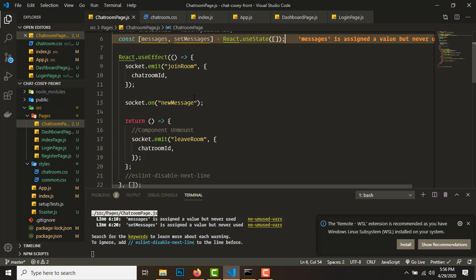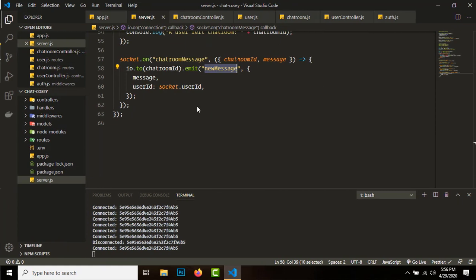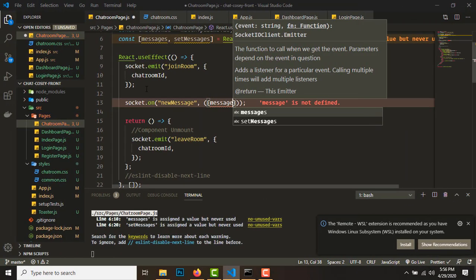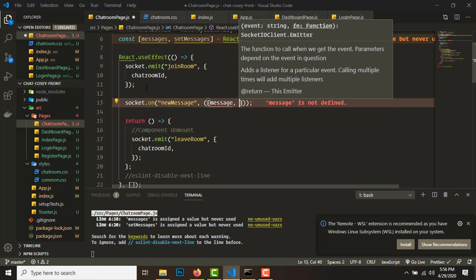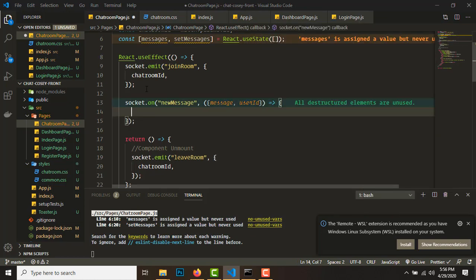So that's it. On new message, what we'll get is the data. So what is in the data? We have the message and the user ID. So message and user ID, and that's it. So what we'll do is